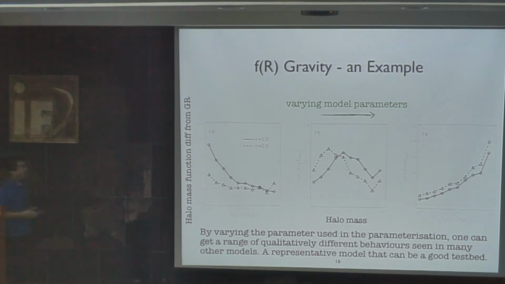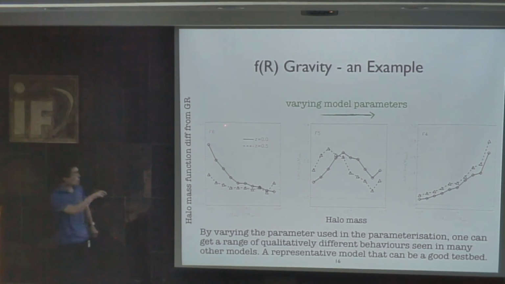So here is one example. f(R) gravity. I believe that if you read arXiv daily, you see this name quite often. This is actually one of the most popular modified gravity models. It's not that this is a fundamental model, or that people believe this is a true model. But from my perspective, I like this model. Why? Because it is very generic.